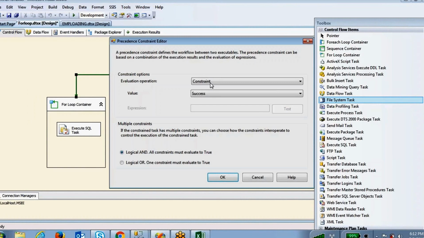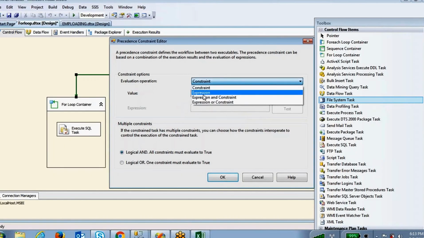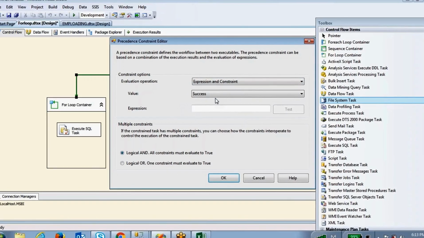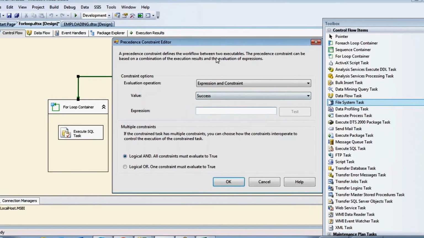The evaluation operation is constraint, the value is success, as well as here I'm going to write down one expression. The expression is the serial number, @serial number equal to 10, then only I want to. So you have to take expression and constraint, so it has to satisfy both.